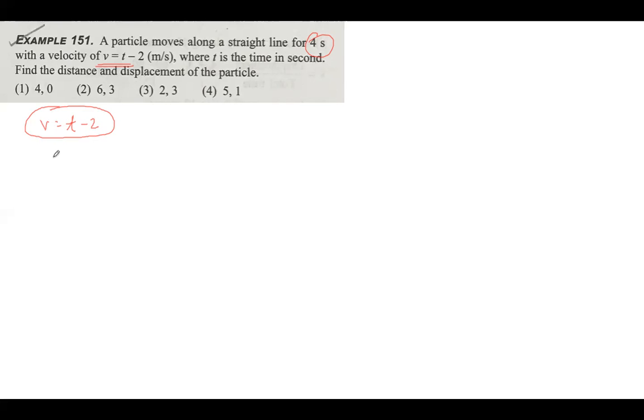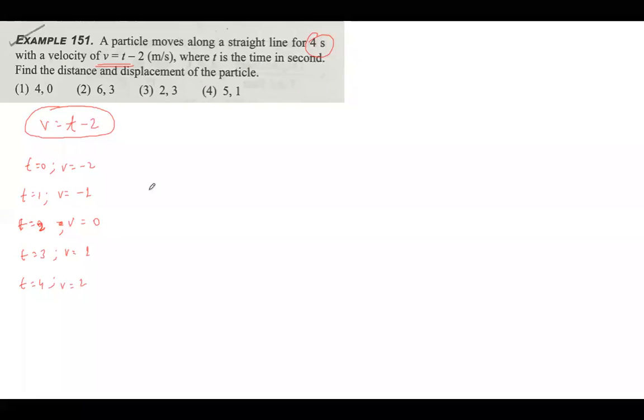So अब आप क्या करो, डिस्टेंस डिस्प्लेसमेंट निकालना है, ग्राफ बनाना पड़ेगा। तो आप अलग अलग इस पे देख लो, at t is equal to 0 v is equal to -2 हो जाएगा, t is equal to 1 v is equal to -1, t is equal to 2 you will get v is equal to 0, t is equal to 3 पे v is equal to 1, t is equal to 4 पे v is equal to 2 and so on. राइट, हमें 4 सेकेंड तक का निकालना है।